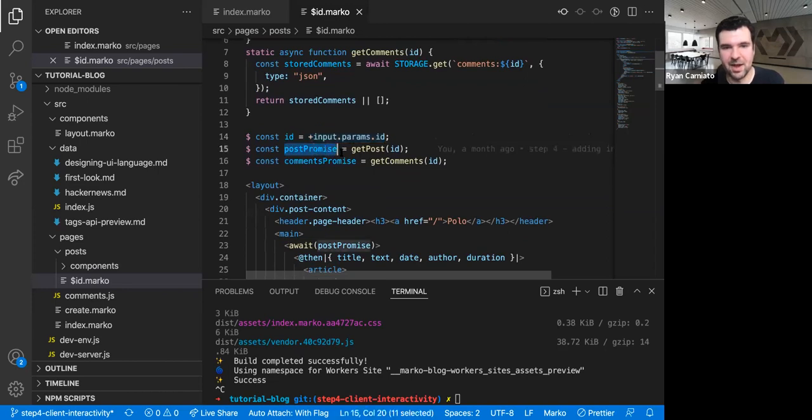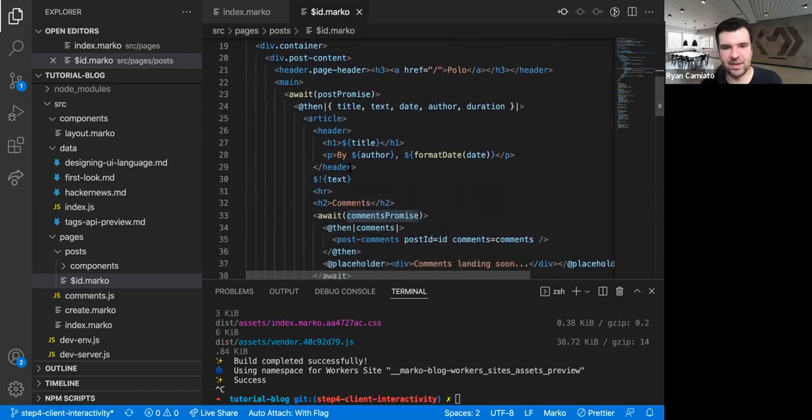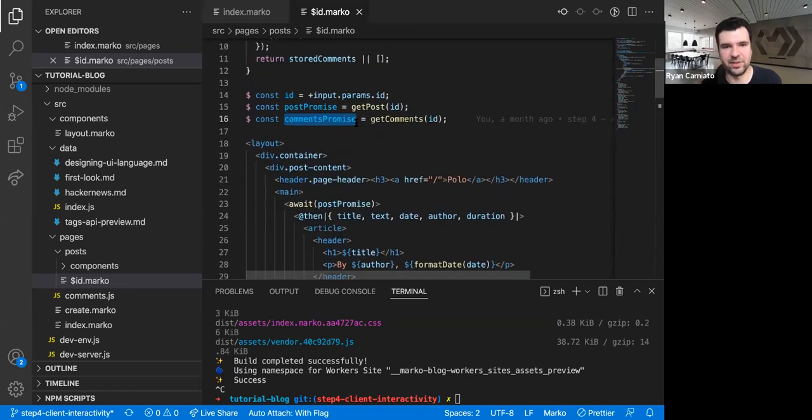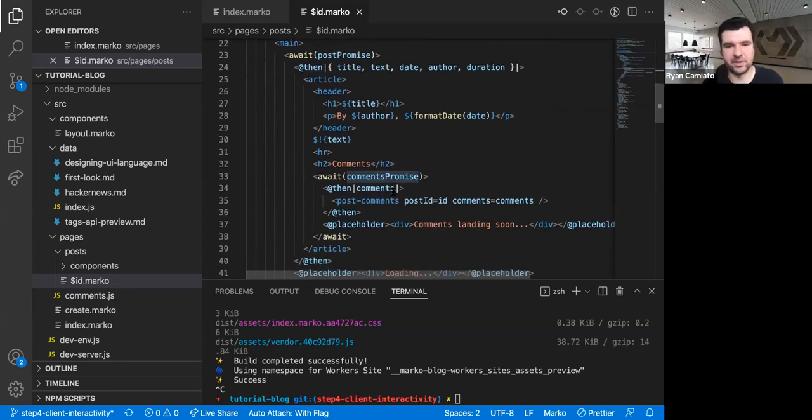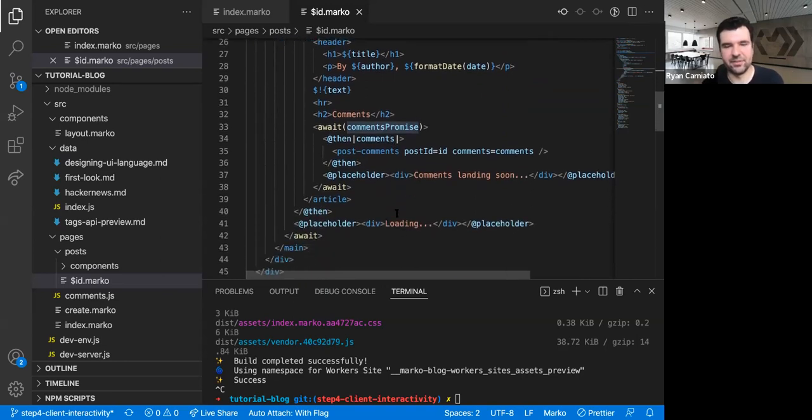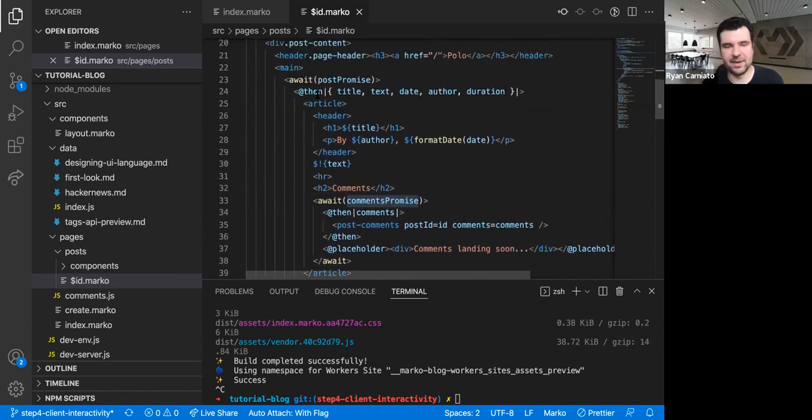Essentially, I'm triggering the promises first here, right? Get post, get comment promise. The reason I'm doing that is because we're going to nest await tags, and I don't want to wait for this to finish before fetching this. So we trigger both promises in parallel up here. And then for the view, we await the promises to complete. Each of these, again, has some loading state. And then it has